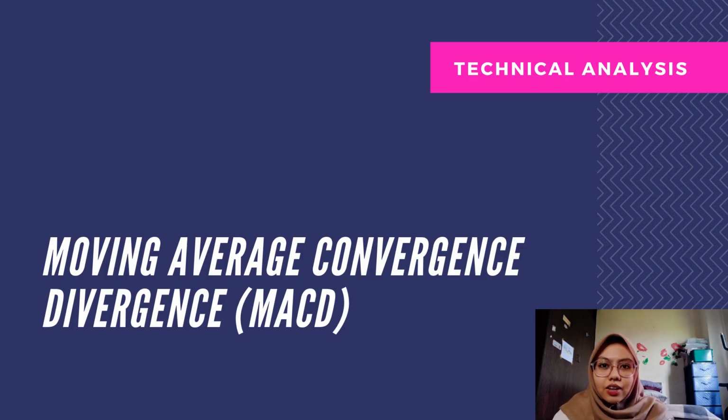The MACD, or Moving Average Convergence Divergence, is a technical indicator that analyzes the connection between exponential moving averages, also known as EMA. A MACD line, which is a blue line, a signal line, which is red, and a histogram, which is the green one, are displayed on the MACD, indicating the difference between the MACD line and the signal line.